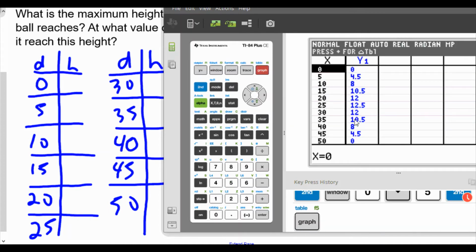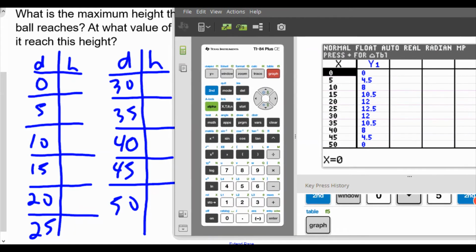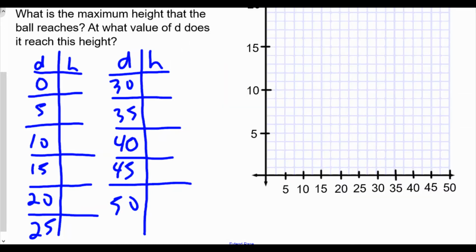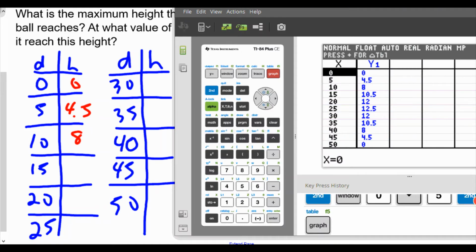Notice how we have all the values here. Okay, so now we can just record them onto our table here. So let me just move over a little bit here, give us a little room. All right, so we have 0, 4.5, 8. As I type stuff up, I'm going to try to remember the numbers 0, 4.5, and 8. So put this here, 0, 4.5, and 8. Then we have 10.5,